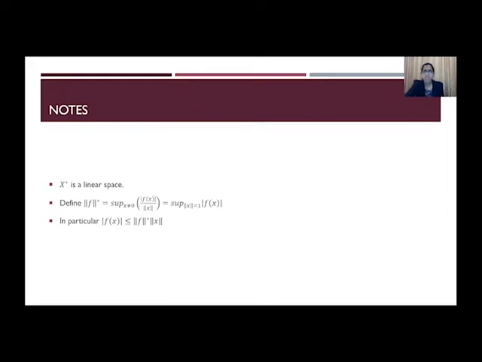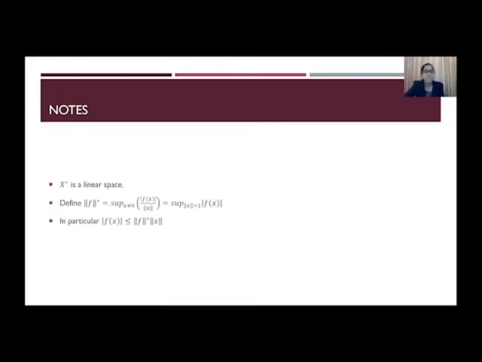Now this function can also be written as the supremum over norm x equal to 1 of |f(x)|. Both are the same. If norm x is 1, what will this term be? It will be the supremum, norm x equal to 1, of |f(x)|. So I want you to check two things right now. One is to verify whether X star is a linear space, and the other is to check whether this function that we have defined forms a norm or not. You just have to check the three properties of the norm. We get that X star is a linear space, and with this function defined, it is a norm. You can just verify it. It will form a normed space also.